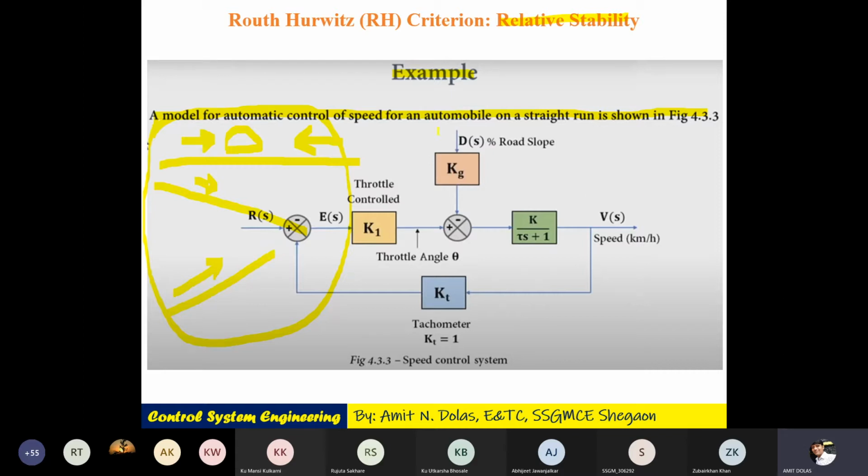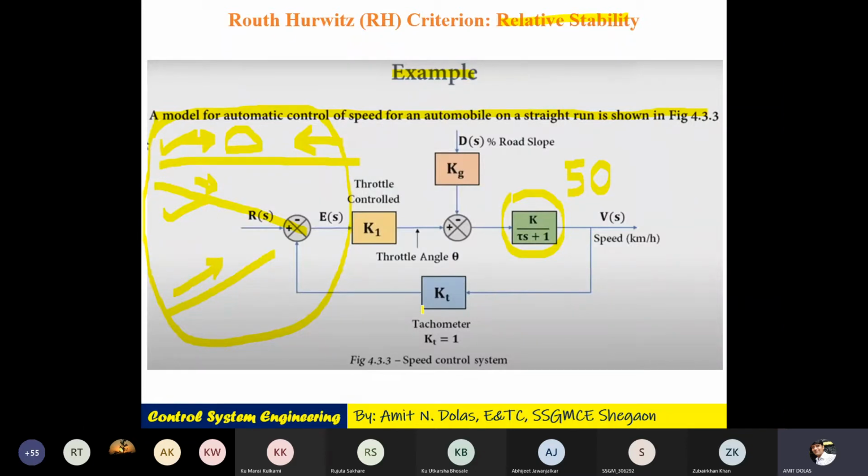So for that, there is a system which is having 50 kilometer per hour. It is theoretical, we just have to keep this concept in mind. So this is a system where we need a certain speed of 50 kilometer per hour, but due to any of these conditions, say downslope, upslope, or air resistance or anything else, suppose your speed is deviated from 50, it may be reduced or increased.